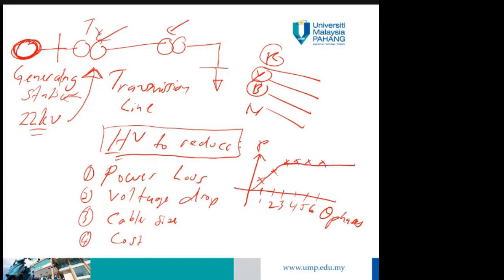So when we increase the phases to generate electric power, the power output from the generating station or the generator is not so much as compared to the complexity of the motor itself, or the generator itself. That's why until now we are still using the three-phase system. This is the cut off. So we use three-phase system for generating, transmitting, and distributing the power. So that's why we use three phase.